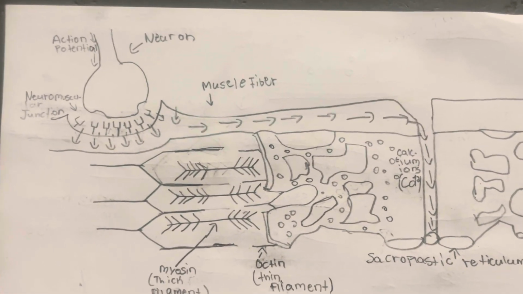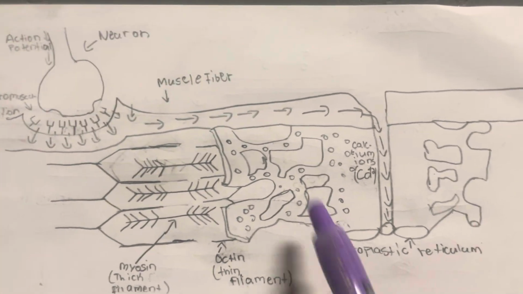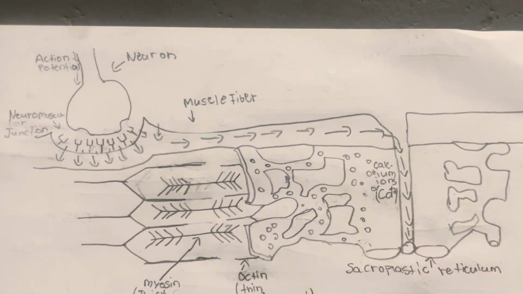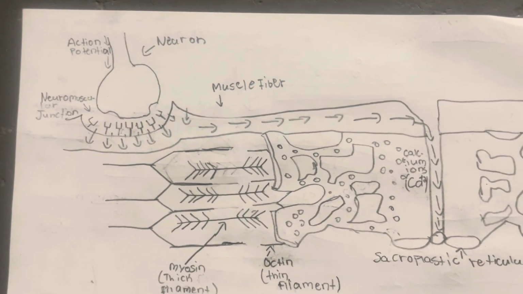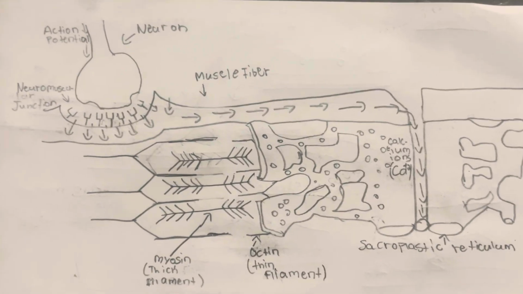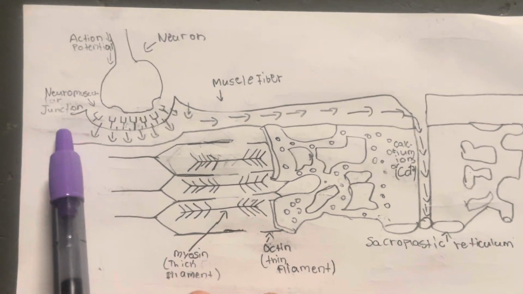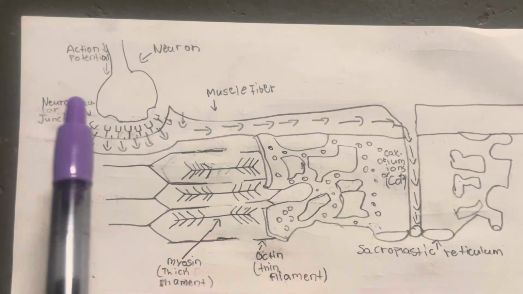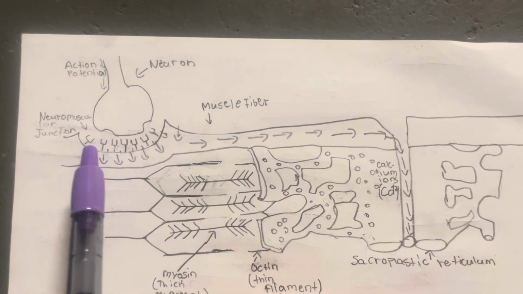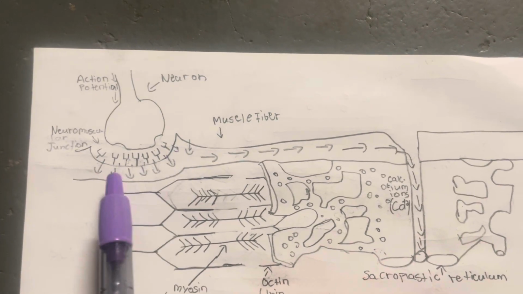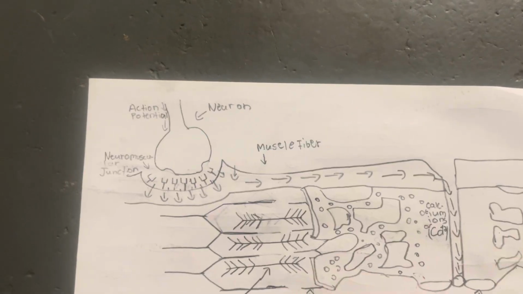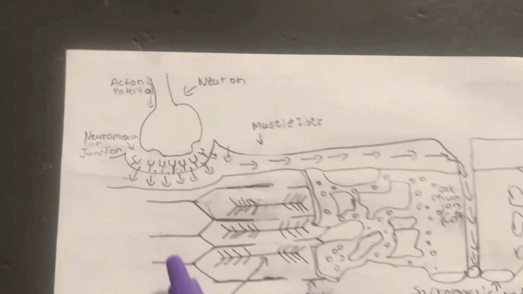The neuron then connects itself to a muscle cell, or as you can see, a muscle fiber in the diagram. This is called synaptic transmission, also known as the neuromuscular junction. The neuromuscular junction is when the transmitters are connected to a neuron and a muscle fiber. When the signal